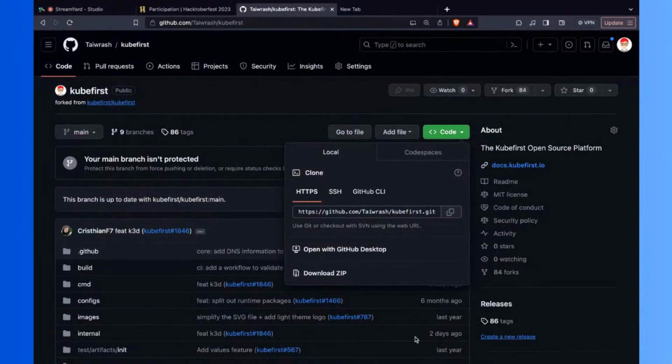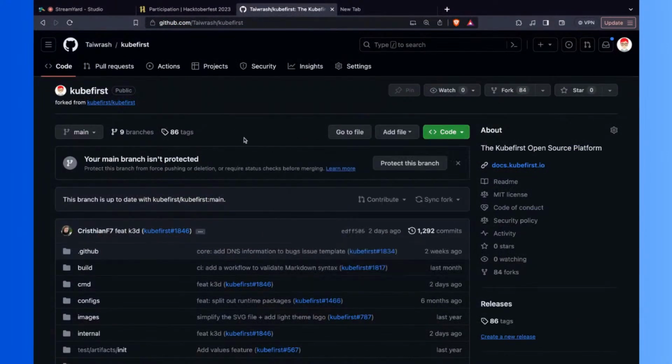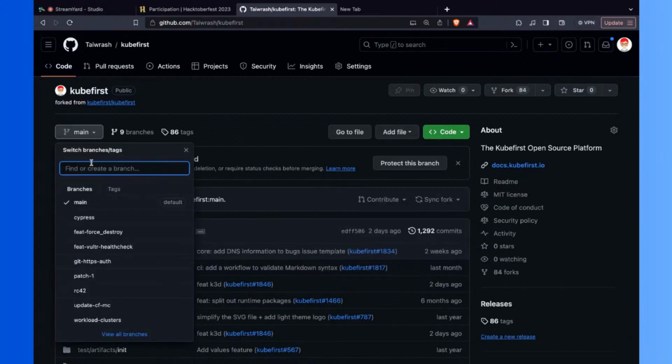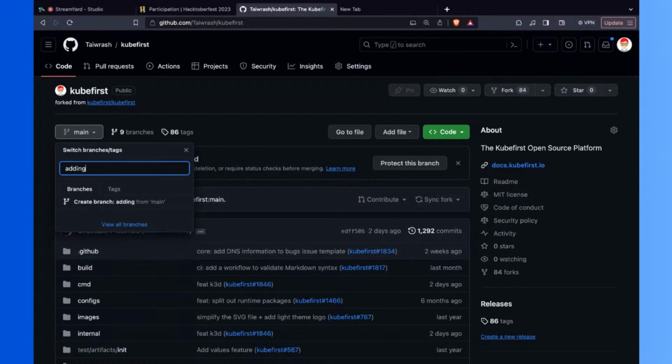So I can go ahead and create a branch directly here. Or first off, because I've done it before, I can decide to sync this before doing anything. Okay, this branch is not behind. So I can create a branch directly here without even getting it down to my laptop. Okay, so creating a branch, I can say admin adding Windows